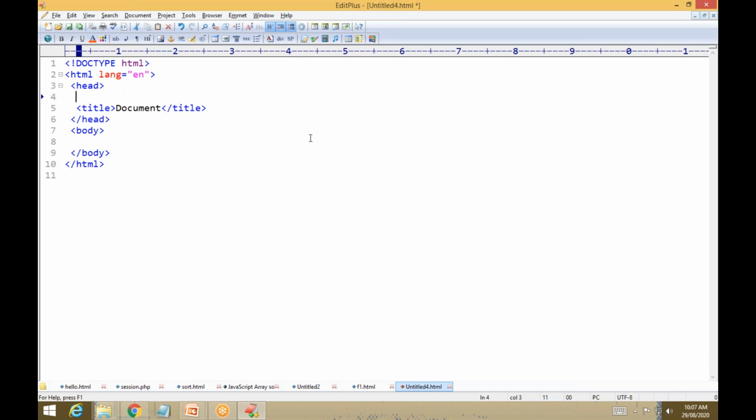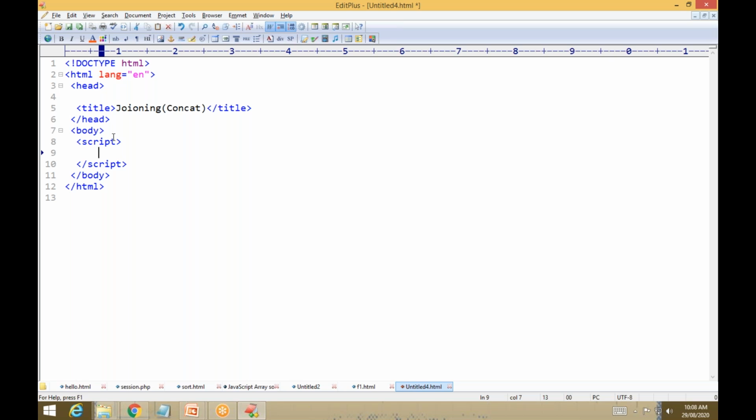Array joining. So here I am using array joining. If you want to join two arrays, array 1, array 2, array 3, you can join n number of arrays using the array join method. Here we do join or concat, you can say concat. Within that you have to write the script tag, enter, and write script here. Then enter.